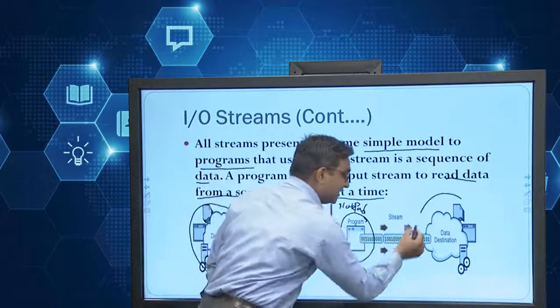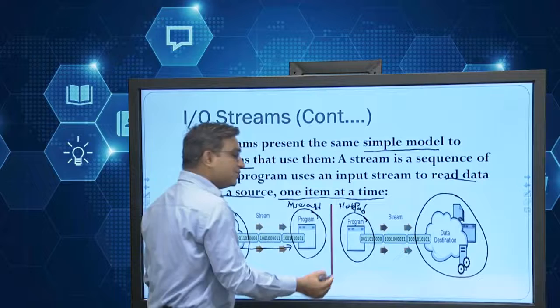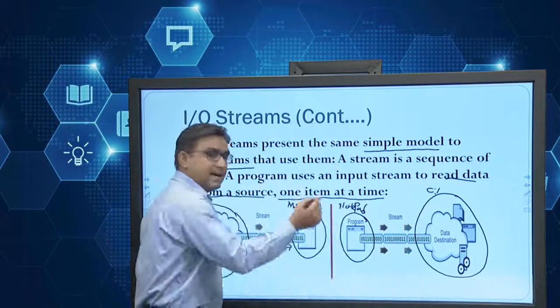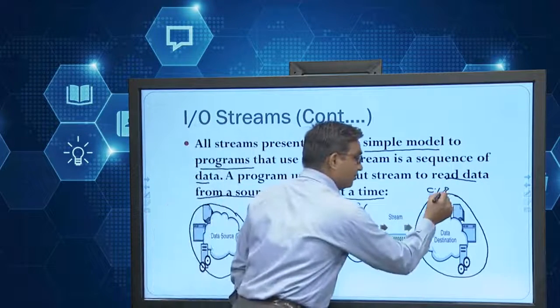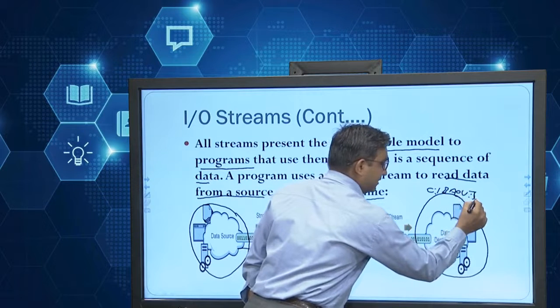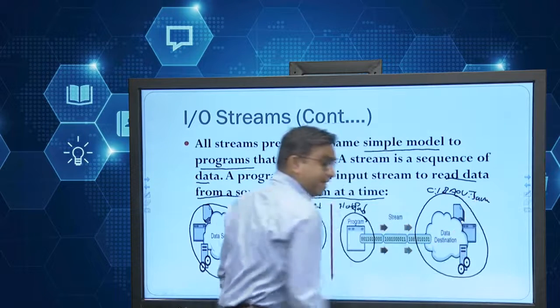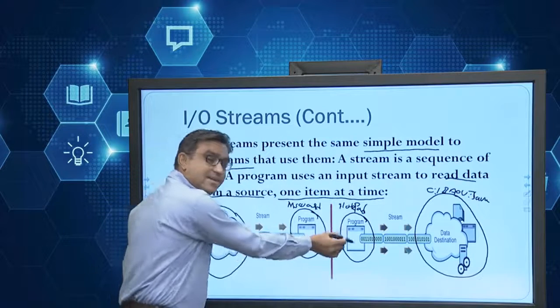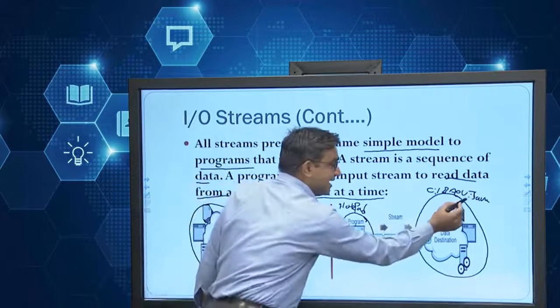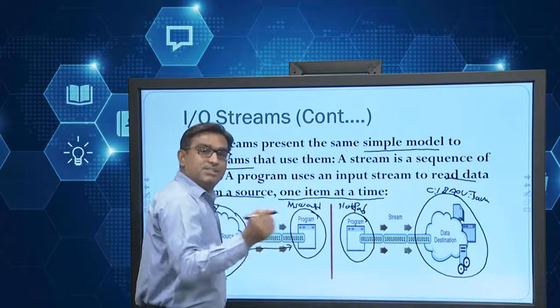So this is my data storage container, like the C drive, and I write it like BAOU dot Java file. Whatever content is written in the notepad file is stored in the C drive as a BAOU dot Java file.